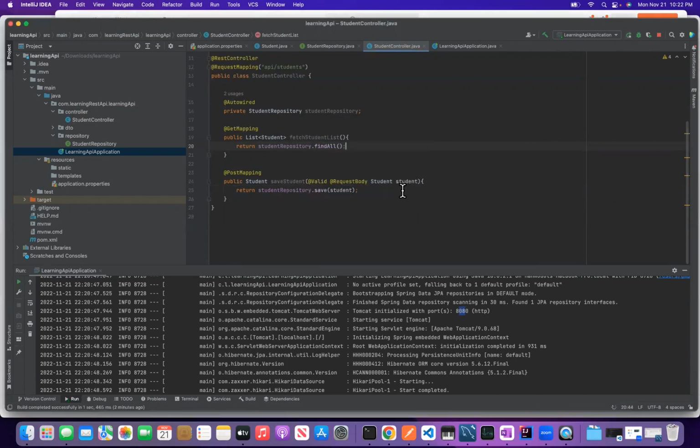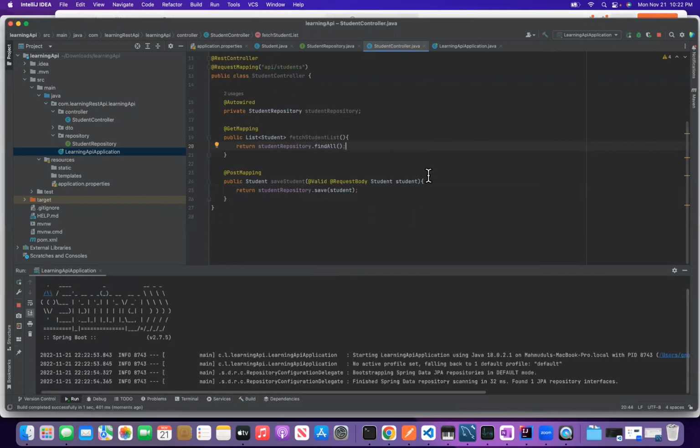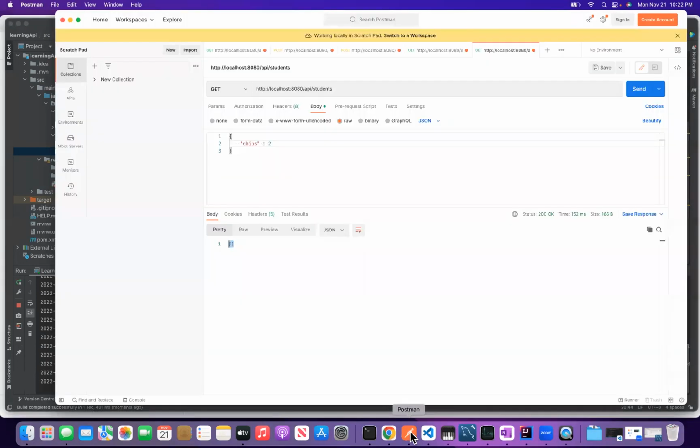So if you run it and check it. Let's get, we have nothing here. So if you do post, and here we have name. ID will be created automatically, and the name, let's say Adam, and address. We'll give it as 243